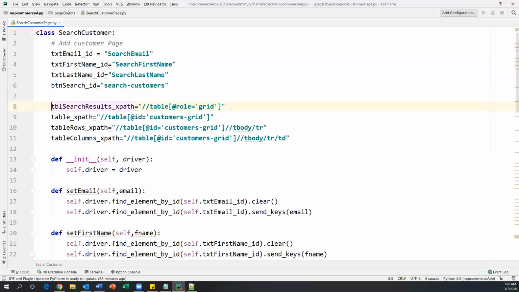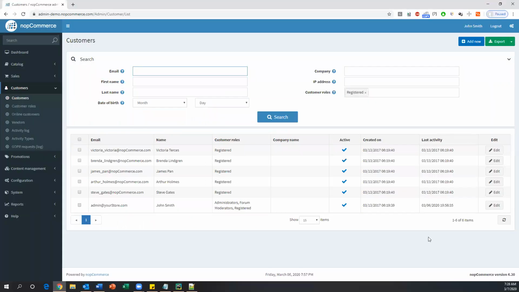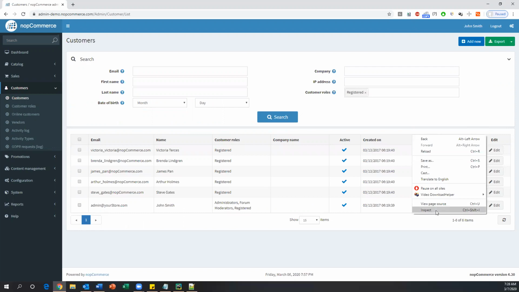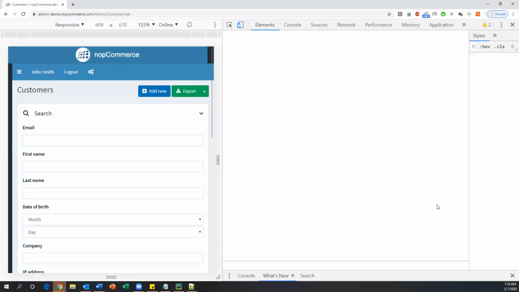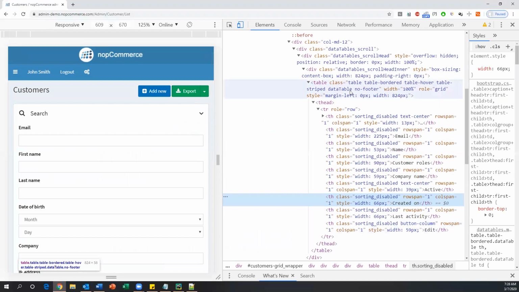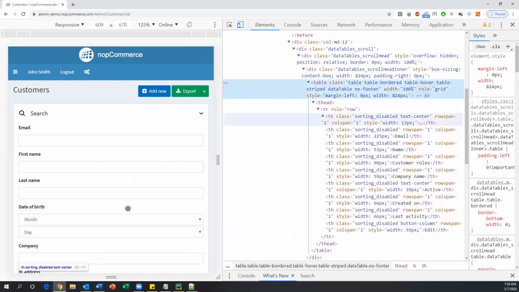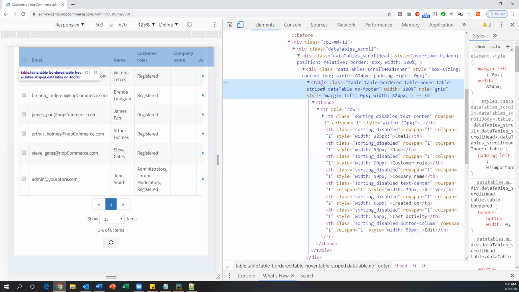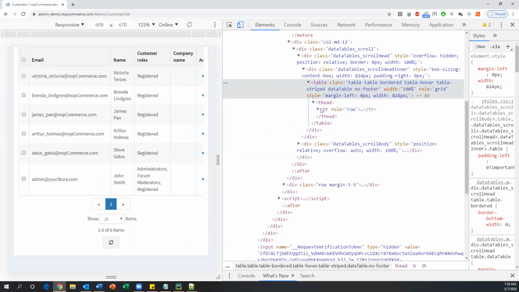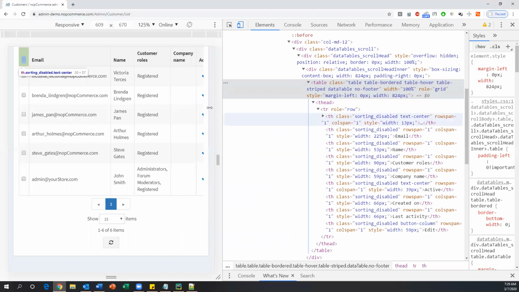Which is very, very important here. Here I have a table, which is basically a grid table. If I locate this element and inspect, you can find the table tag. You can just go up. This is my table tag, which represents the whole table. Inside this, there is one TR currently on my page.